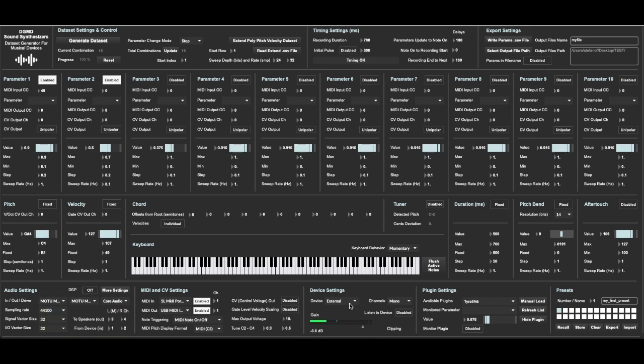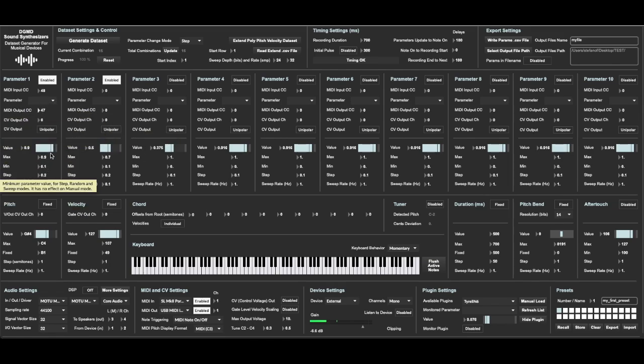When you select external, as you see, all these drop-down menus from which we have selected the VST parameter are cleared, simply because we don't know the name of the external parameter. All you have to do is open your MIDI implementation chart and figure out on which MIDI CC you have the parameter that you want to control. And here you can specify the number, I don't know, 47. And this parameter will control